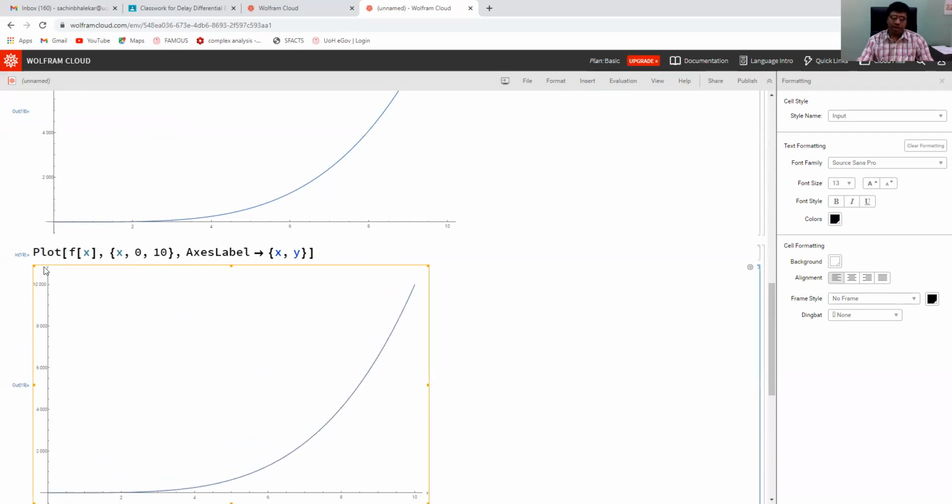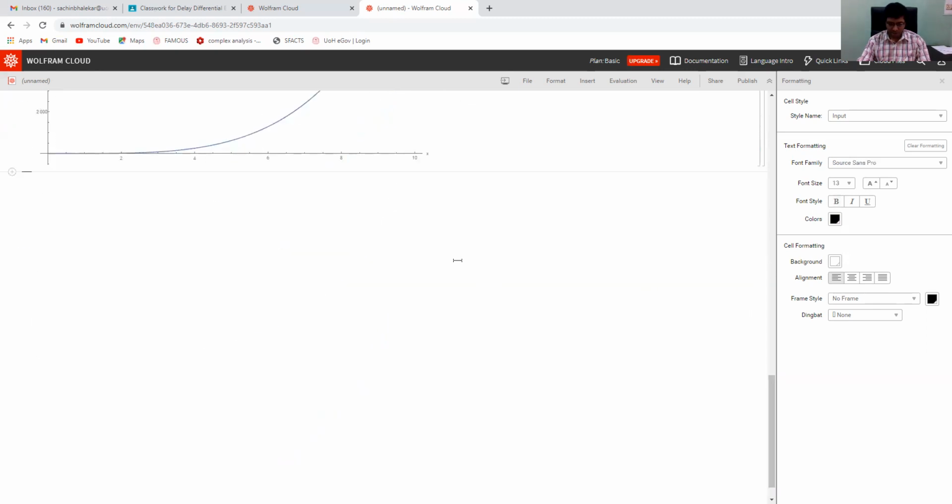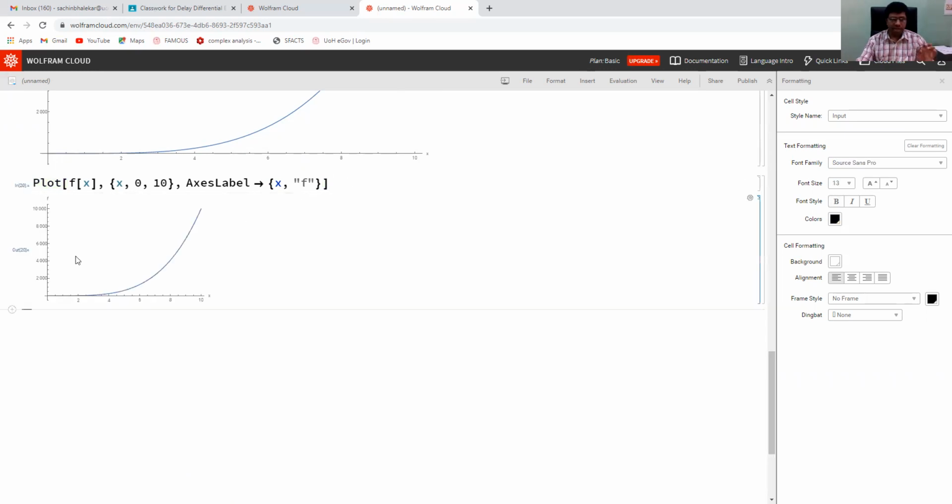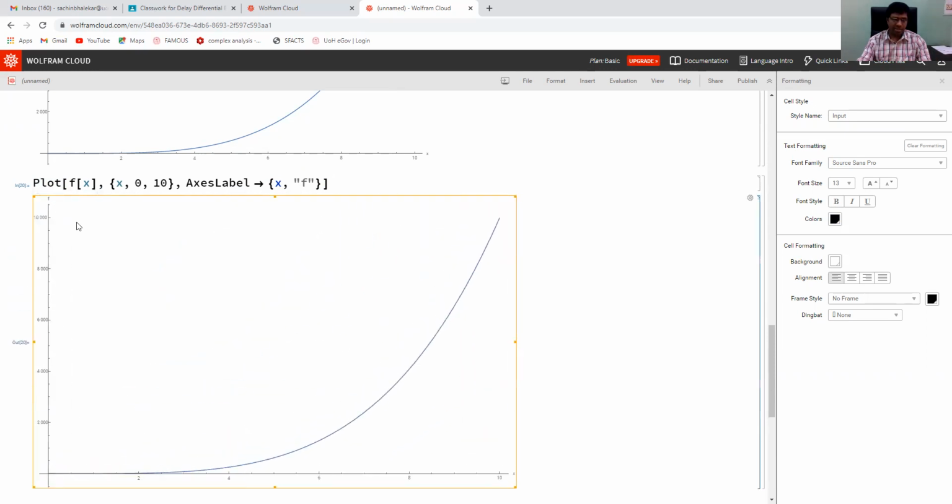Suppose you want to call the vertical axis f instead of y, then you need to put f in quotation marks because f is already defined. Color of x is blue, color of f is black, so it is already there. So if you want f on the vertical axis, put quotation marks and then run. It will take it as it is. Now you can see the name of the vertical axis as f.